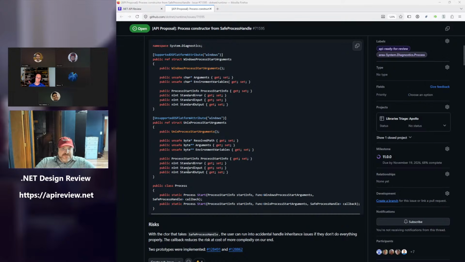So what would you even be doing in the callback? Because your callback isn't giving you the process that's being built. Sure it is, via the handle. Sorry, it's not giving you the System.Diagnostics.Process object that is being built. So what are you